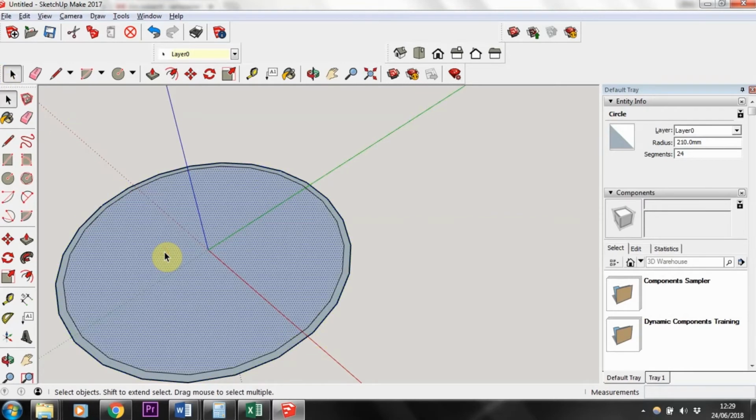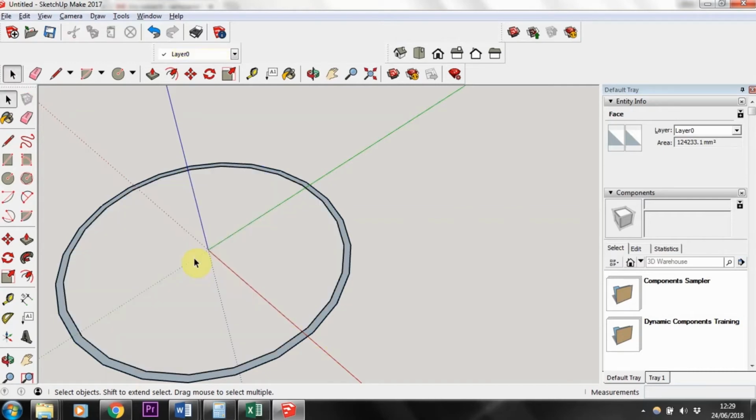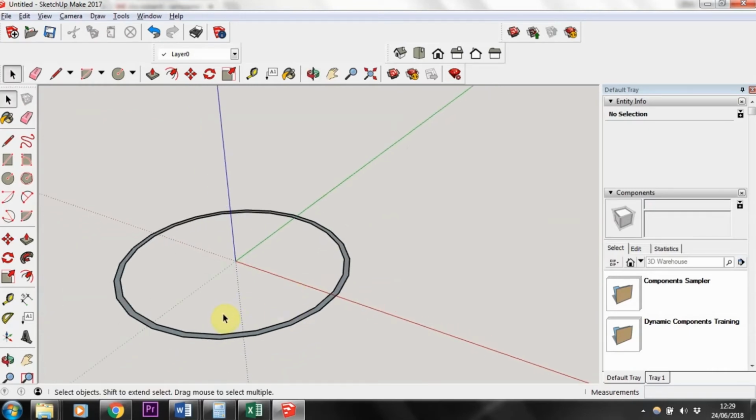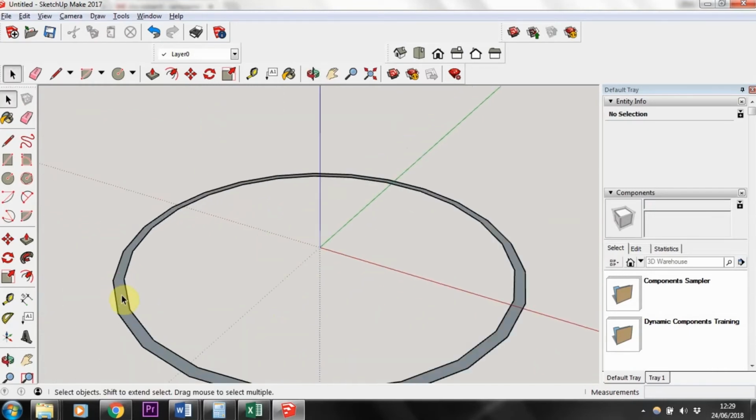Now what we can do is select the face of the inner circle, hit delete. That leaves us with this ring shape. And now that has left a face in between the two circles. So to create a